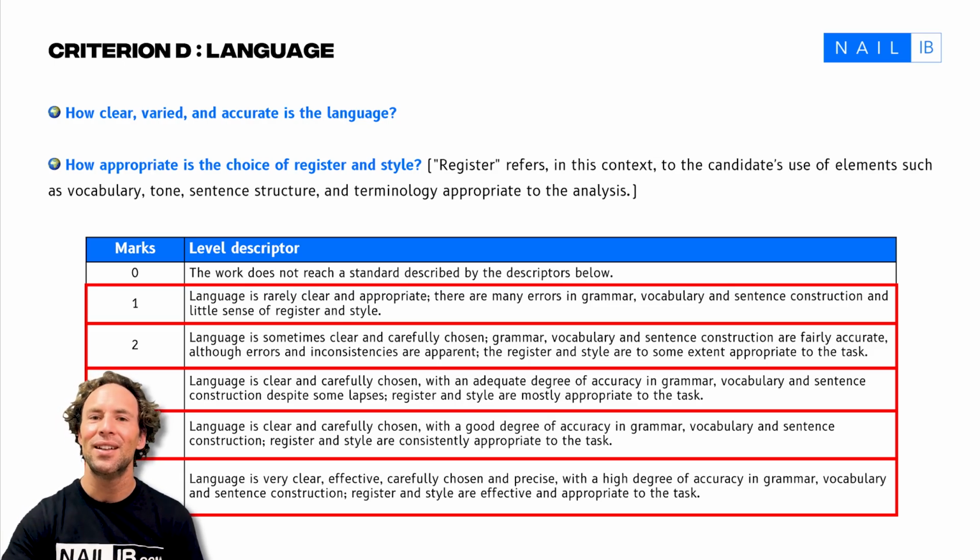There's still progression into Criterion 4. This, as before, is a big change. This shows still considerable growth into level 4 and shows a mastery of language in which you employed it with clarity, with precision, with effectiveness to really convey those analytical insights and get across the message that you want to get across. Level 4 shows clear and carefully chosen language, also shows a good degree of precision in conveying those